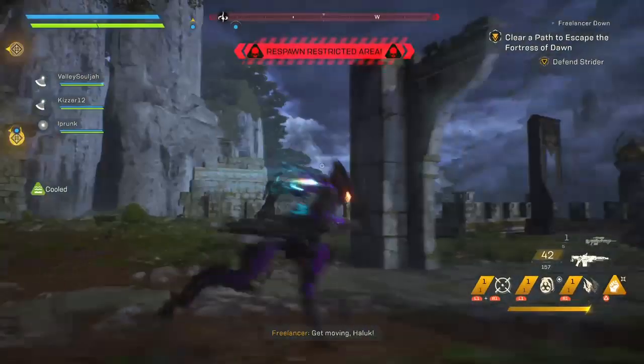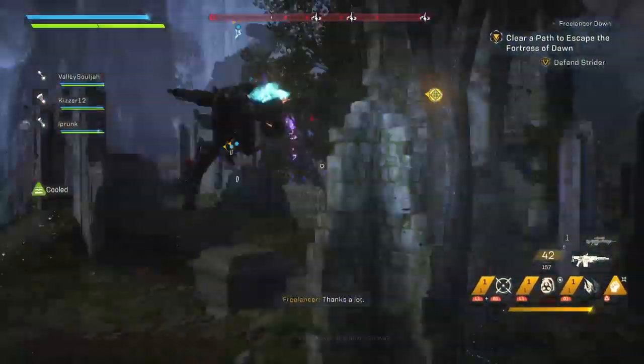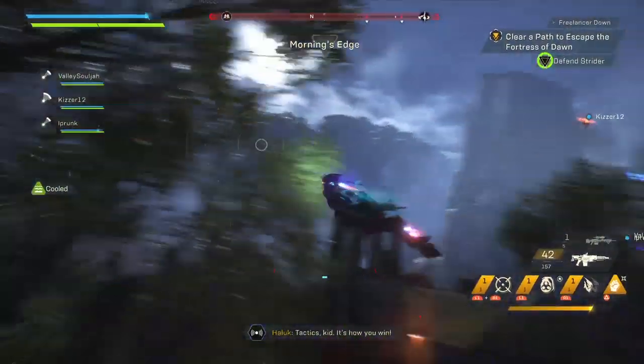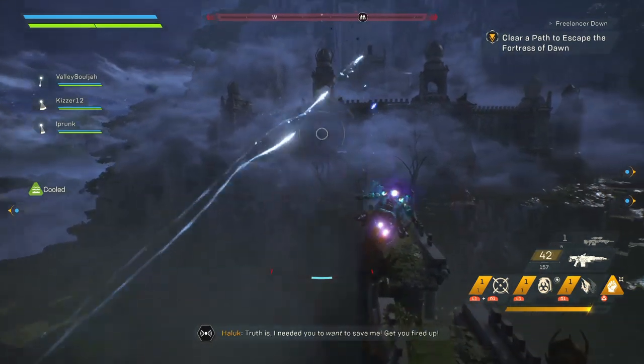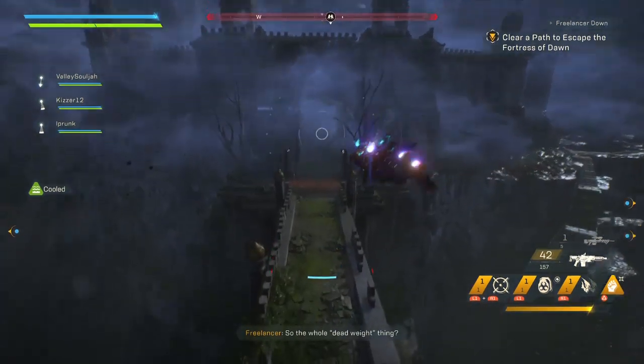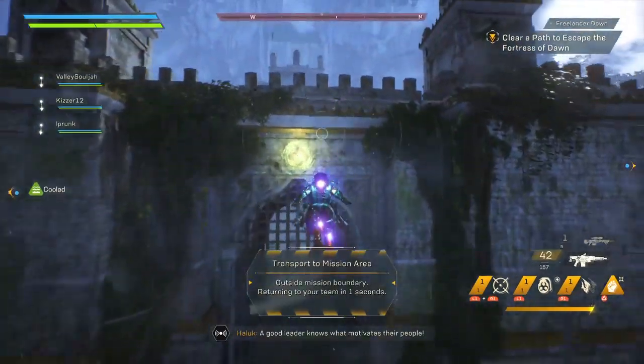Get moving, Alec. Letting you distract them and call off some fire. Thanks a lot. Tactics, kid. It's how you win. How so? Truth is, I needed you to want to save me, get you fired up. So the whole dead weight thing? Freelancers never give up. A good leader knows what